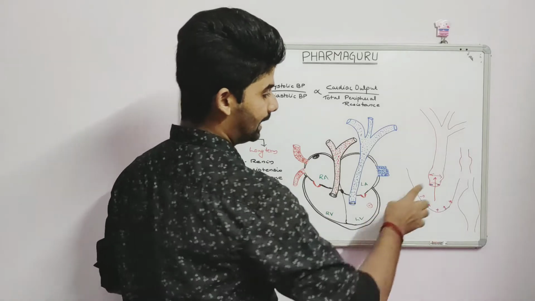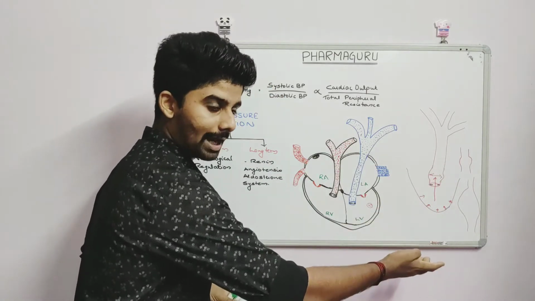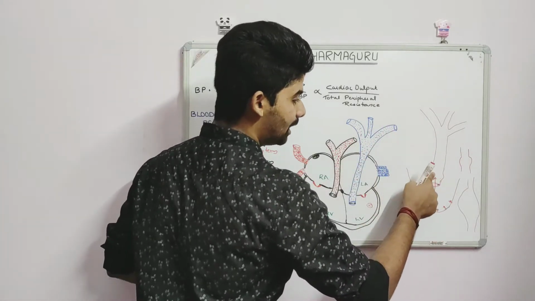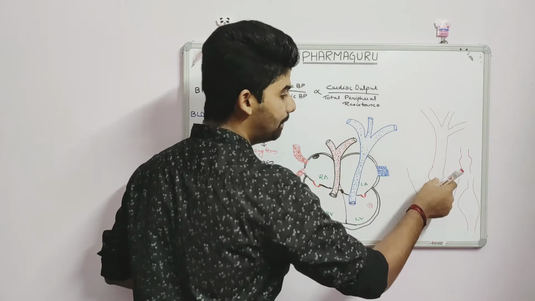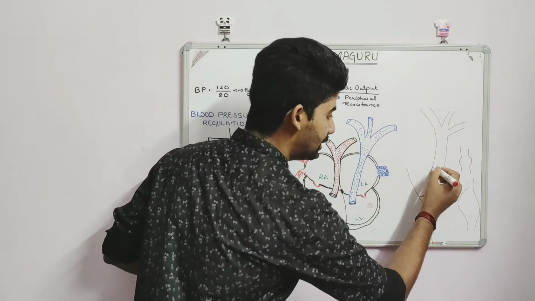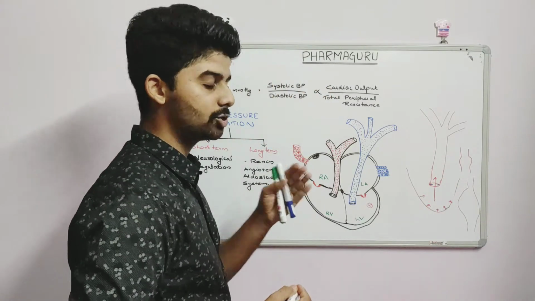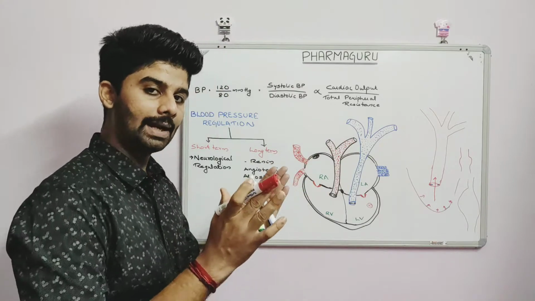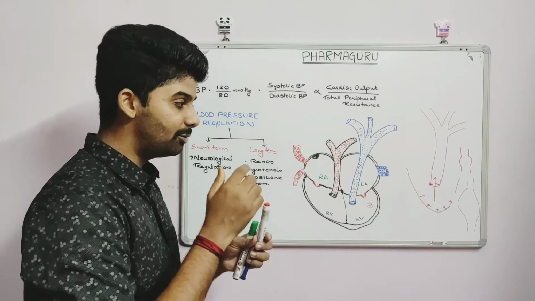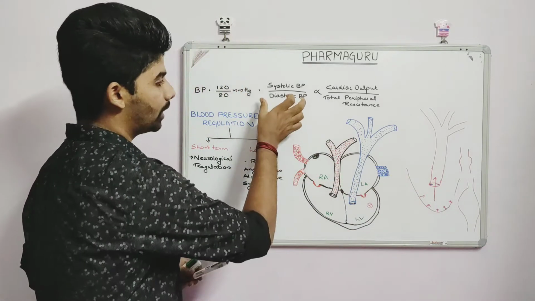Now after the blood has been filled into this area and the valve has been closed, the blood cannot flow backwards. The blood has to move forward. As the blood moves forward, since the aortic walls are elastic, they will come back to their normal position. And when they come back to the normal position, they apply some resistance, some friction or pressure to the blood. It will resist the blood flow. That pressure is known as the diastolic pressure.